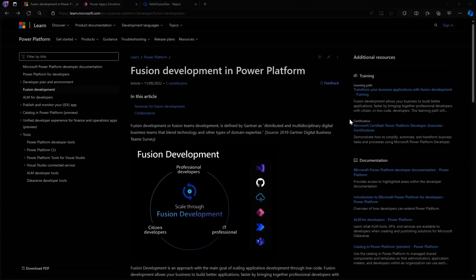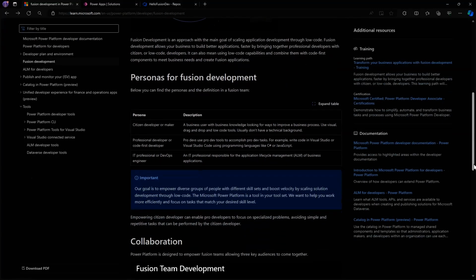In this video, I'm going to walk you through an approach to using source control based ALM, or Application Lifecycle Management, to enable Fusion development in Power Platform. If you review our Fusion development documentation on learn.microsoft.com, it'll walk you through the concept of Fusion development,